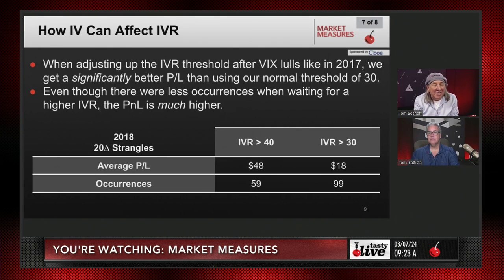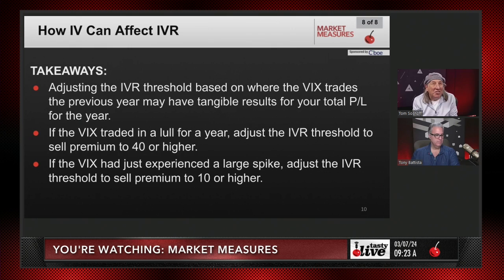The tape action in 2018 and trading into 2019 is very similar to what we have right now, and the tape action in 2023 and 2024 to what is going to lead next. All the suggestion here is you want that really high IVR. So adjusting the IVR threshold based on where the VIX traded the previous year may have tangible results for your total P&L. If the VIX traded in a lull for a year, like we are right now, adjust the IVR threshold to sell premium to 40 or higher. And if the VIX has just experienced a large spike, you can adjust the IVR threshold to sell premium down to 10 or higher. They're just giving you some windows to expand the IVR threshold